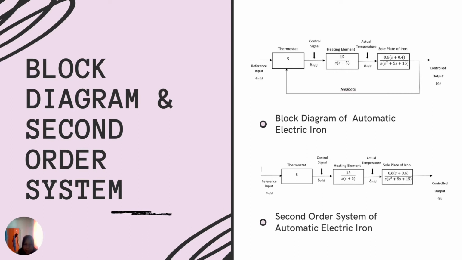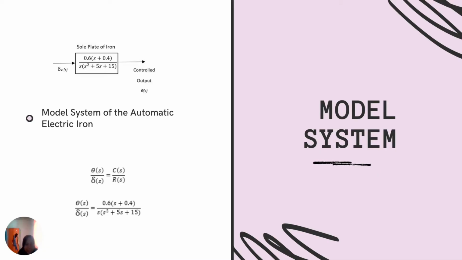Next, I'll be showing about the model system. As you can see, the model system is cut off, and it's only as it is, and it's the transfer function. The transfer function for the automatic electric iron, the formula is theta s over delta s equal to cs over rs, and then we will get theta